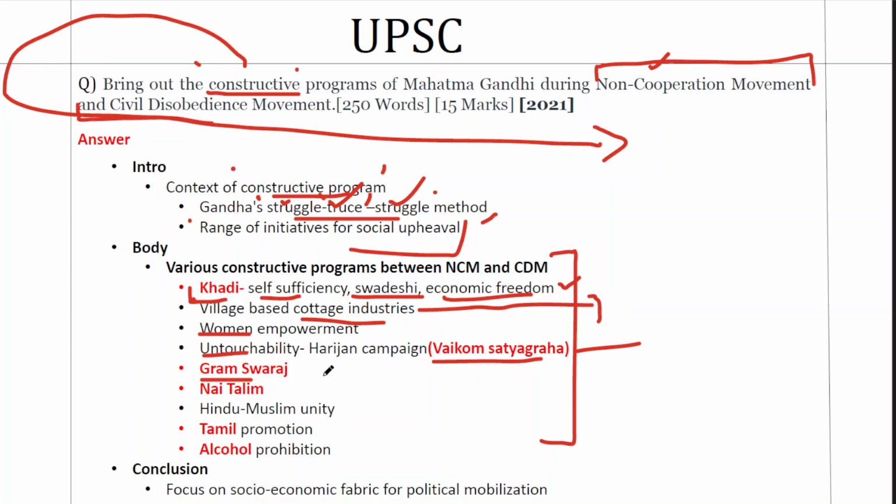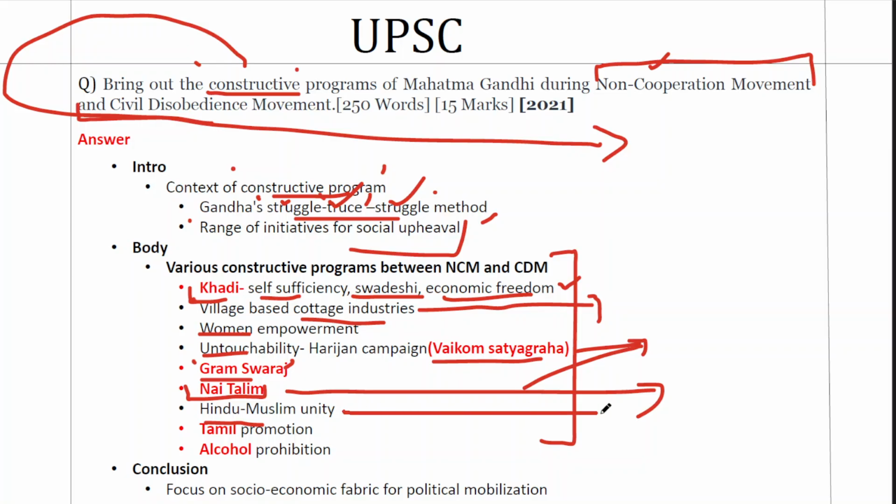This was a UPSC previous year question for prelims: what is the similarity between the ideologies of Gandhi and Marx? And one of the answers was Gram Swaraj. Next, Nai Talim. This is his form of education, which is based on values and inculcation of skills rather than rote learning. This is in opposition to English education. Next up, Hindu Muslim